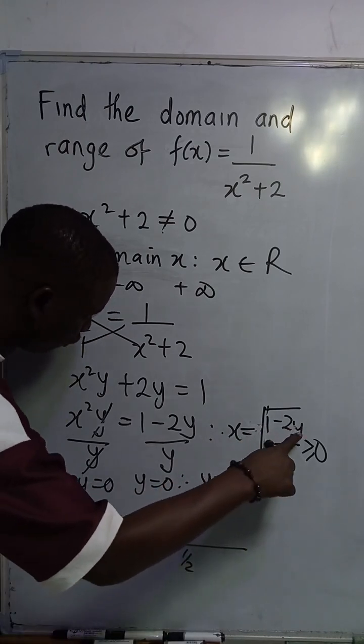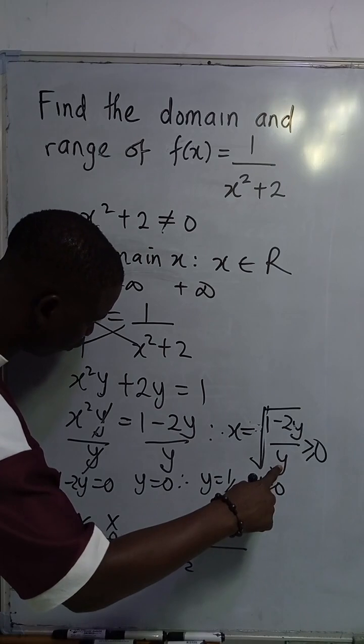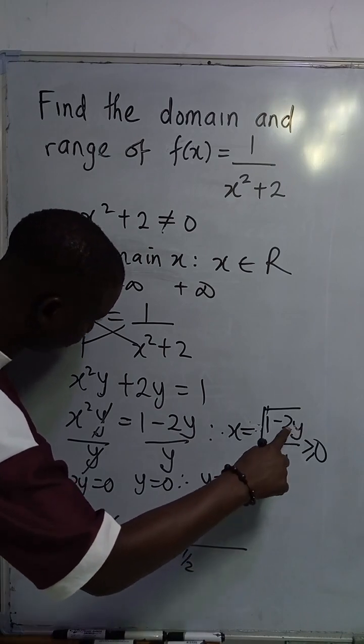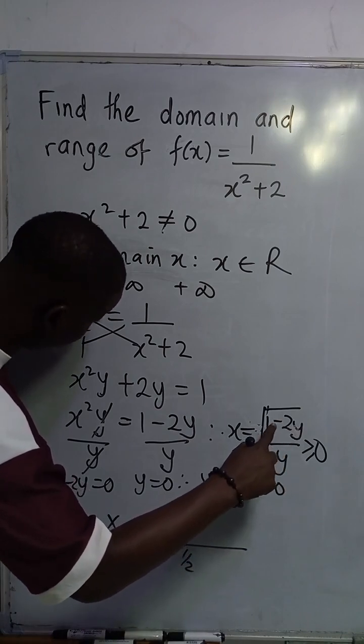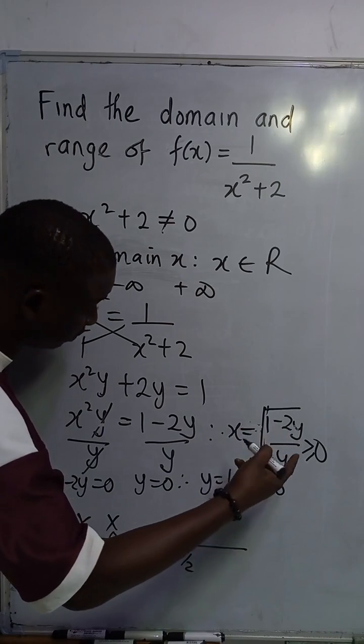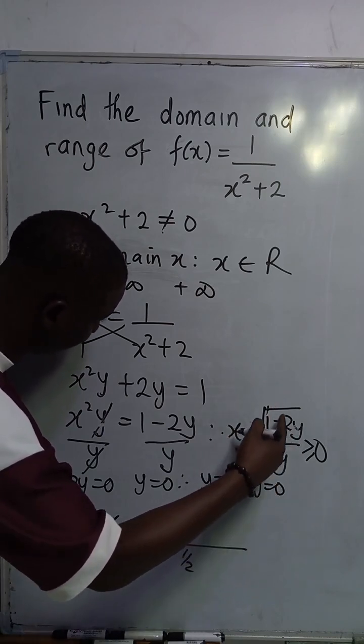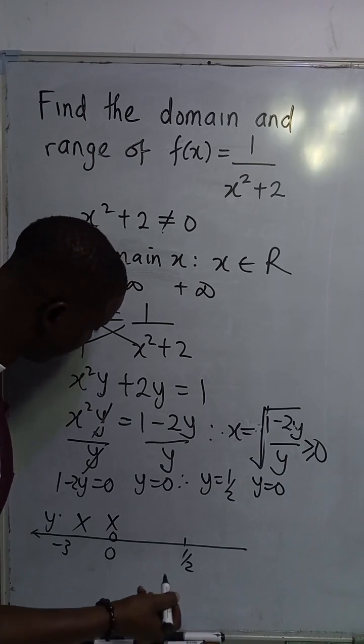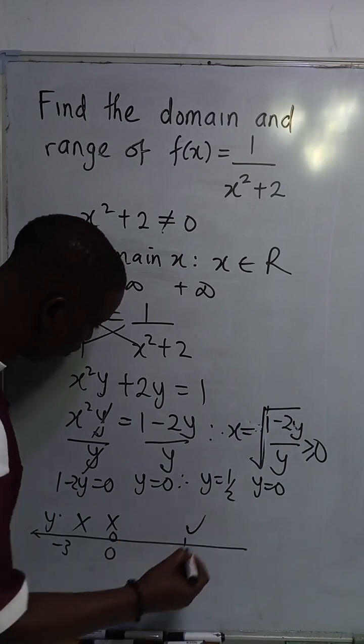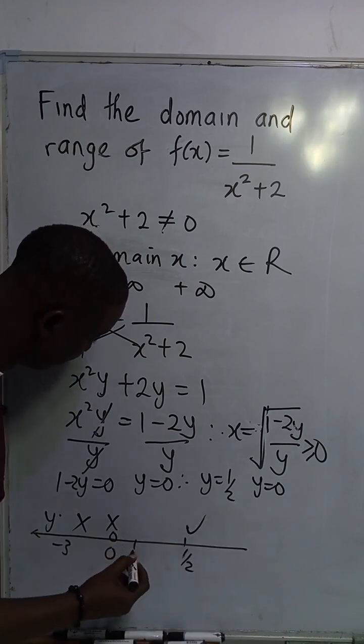If you put 1 over 2 here, it will work, because 1 over 2 times 2 is 1, and 1 minus 1 is 0. Then put 1 over 2 here: 0 divided by 1 over 2 is positive 0. So it will make sense. Here we go. Put any number within this range, between